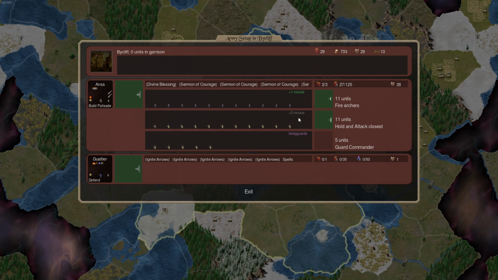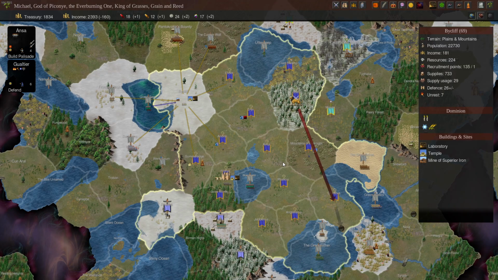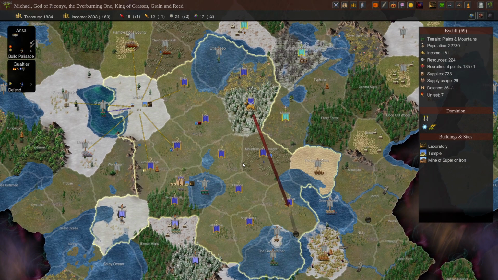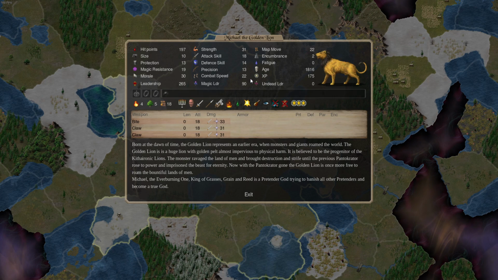You will get flanked a lot when you're using this faction, just because of how small these little guys are. So it's a good idea to have bodyguards on your commanders. As far as the Awake Expander Pretender we're using, we just went with the Golden Lion. This is an excellent Awake Expander Pretender,